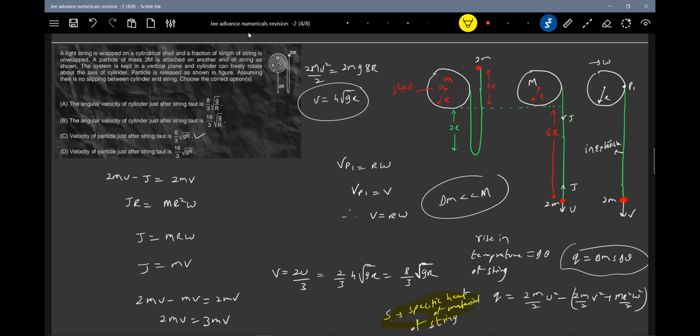Definitely there is more than one option whenever you get a question, and so many different things will be mixed up, or put in passages. But you have to do everything within 3 minutes. I think this is the very difficulty in the advanced exam. I ask almost every student every year. Initially they go to the exam expecting very tough questions. After the exam, when I interact with them, they say, sir, I was able to do all the questions, but I could not think in the given time.